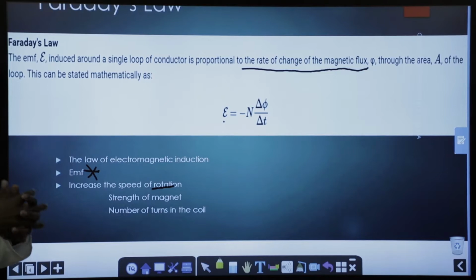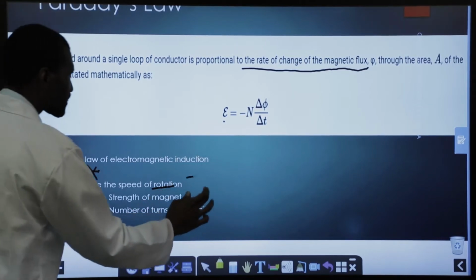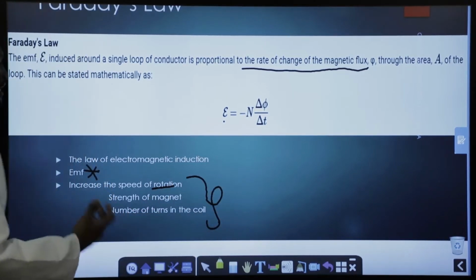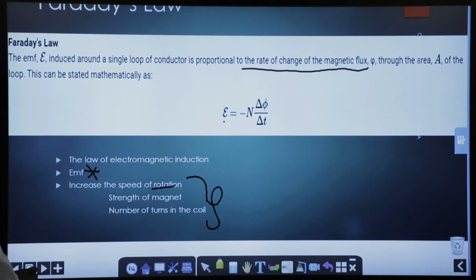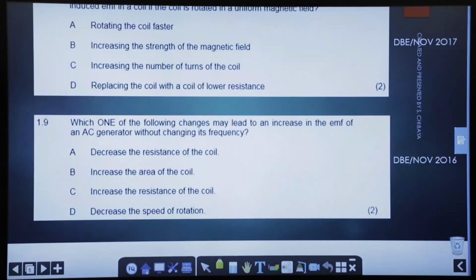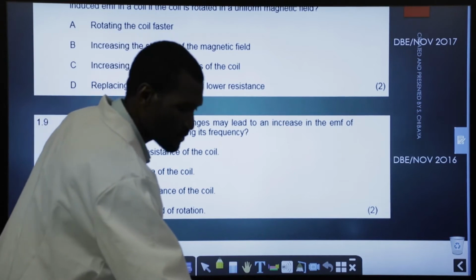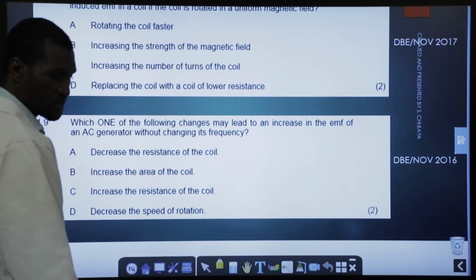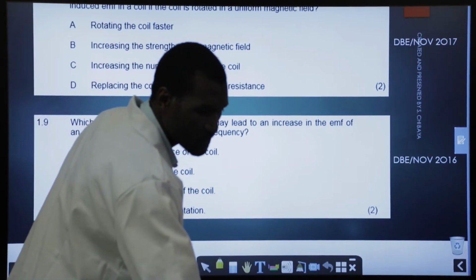Because there will be more coils that are cutting into the magnetic field. These are three things that you must always remember, which are important for you to understand and answer questions, like the question that I put up on the board. Let's start with the one right at the top, which says that,